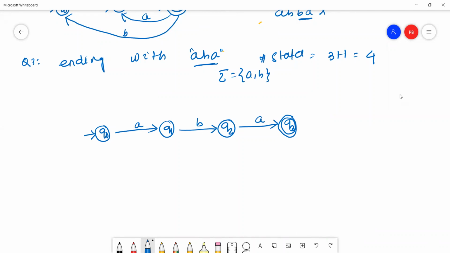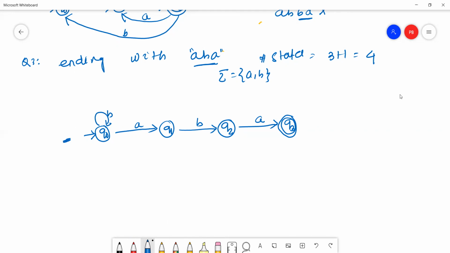Now I'll adjust the remaining transitions according to the DFA rule. Q0 already reads A. Now I'll adjust B. Q0 on B will stay on the same state because there is no state on the back side.